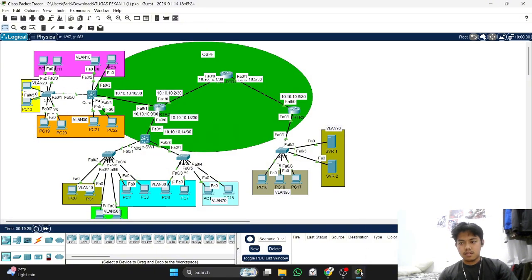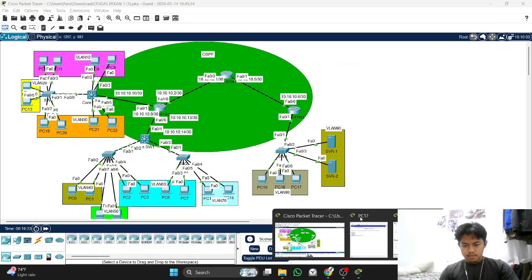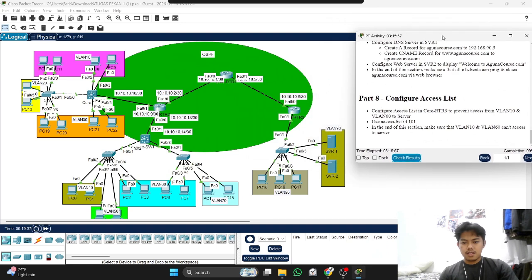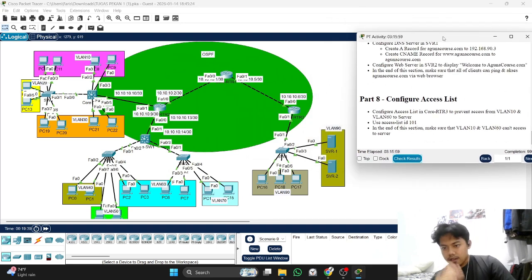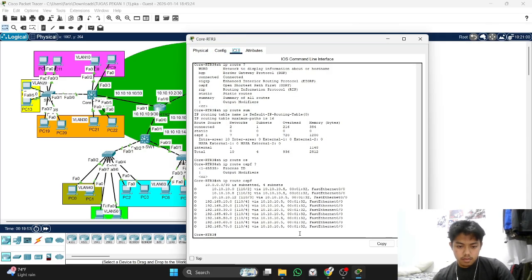The last part is configure access list in core F, this core router 3, to prevent access from VLAN 10 and VLAN 16 to server. Okay, I will try.